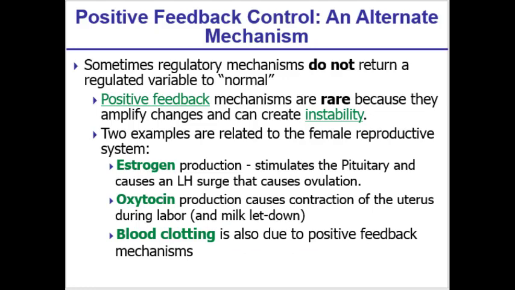There are some cases where negative feedback control is not being used, and it's very rare in the human body. There's only a couple of legitimate examples for this alternate mechanism. And this is when the regulation of a certain system does not return to normal. Okay, so this is rare. Positive feedback mechanisms tend to amplify the changes, and it creates a lot of instability in the body, which is why we rarely see it. But the two examples I'm going to give here are